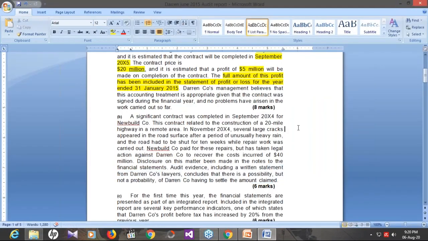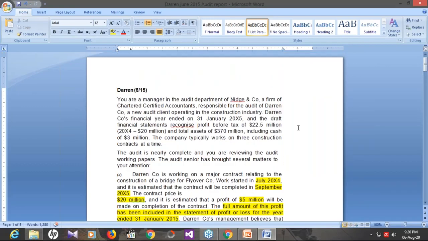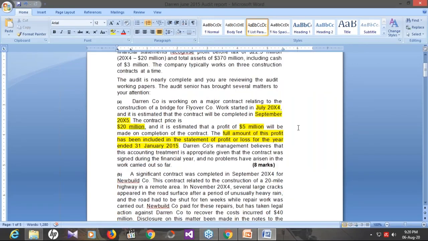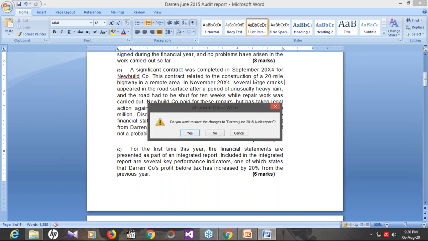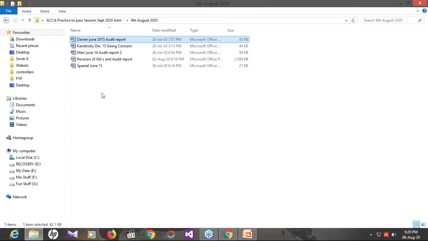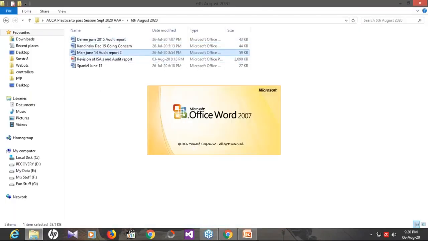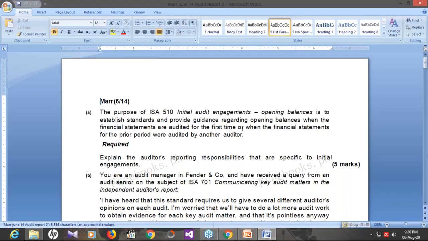So this was it. I'm hopeful that you can now attempt part C at home and you will be able to write the answer in the format that I provided you earlier. There is another question regarding audit report. This is the last question that we are going to discuss today.